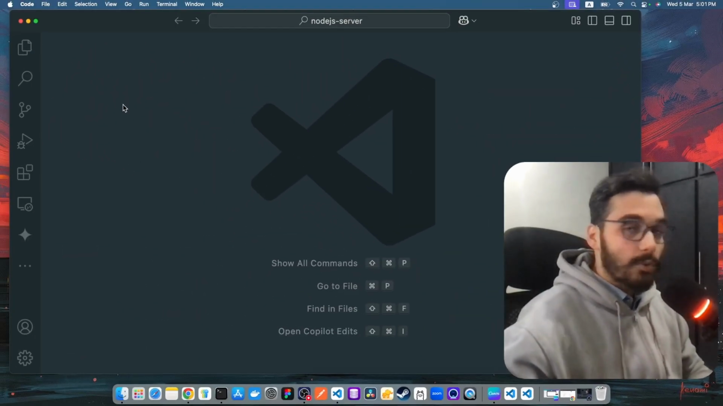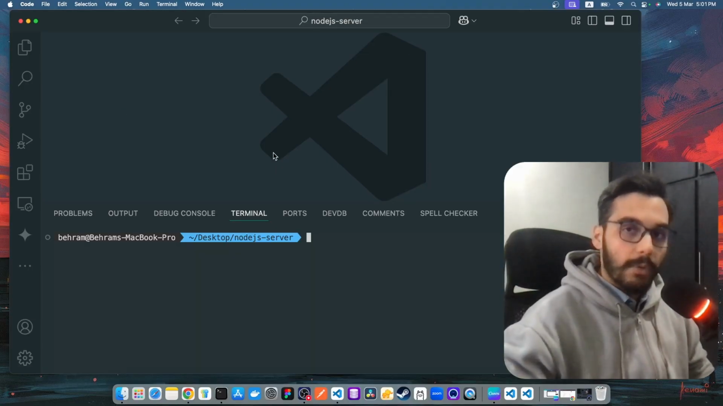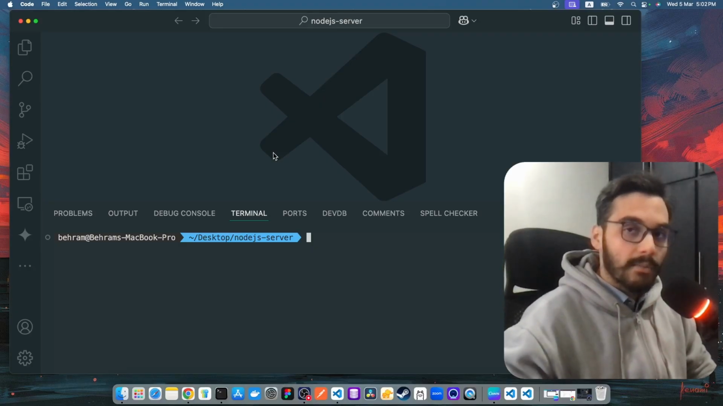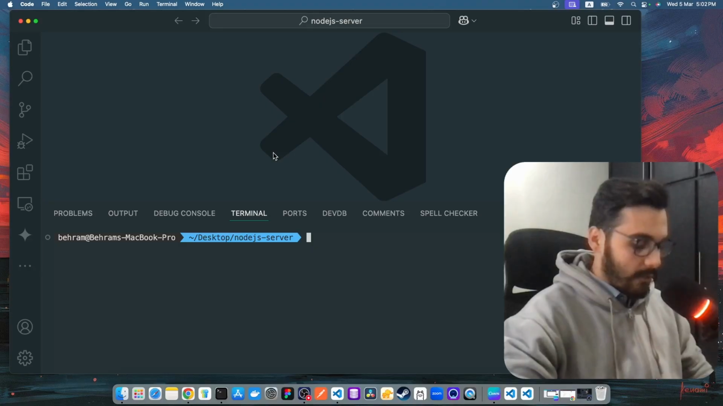Okay, so to create a Node.js server, I have already created a folder for myself in VS Code. We're going to need a framework which is called Express.js. It's the Node.js framework that is used to create the server. To install Express.js inside the application, but before that, we have to initialize the Node.js application. To initialize the Node.js application, we have to run the command,